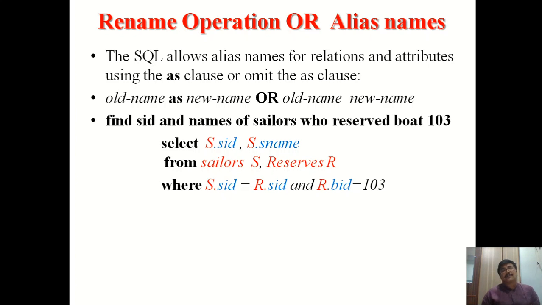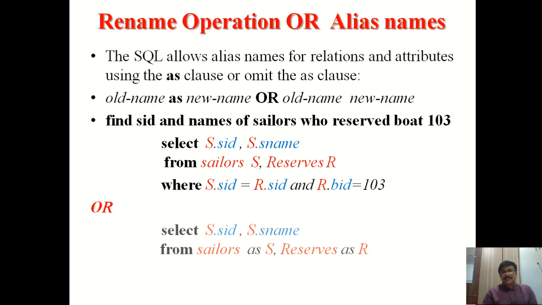We need to read the query multiple times. Based on that, we can analyze what is coming in the select list, what tables we need to get these details, and what conditions we have to specify here. So if you want to join two relations, we have one condition. If we have to join three relations, we need to represent two join conditions. So later we can discuss one by one.